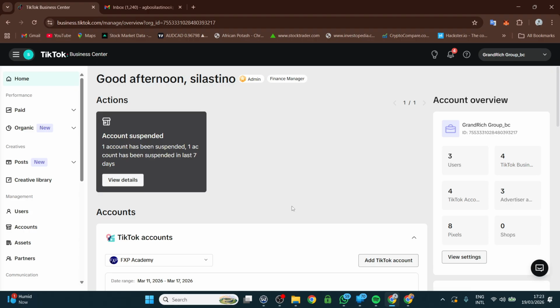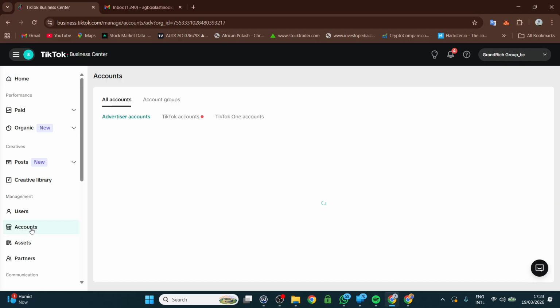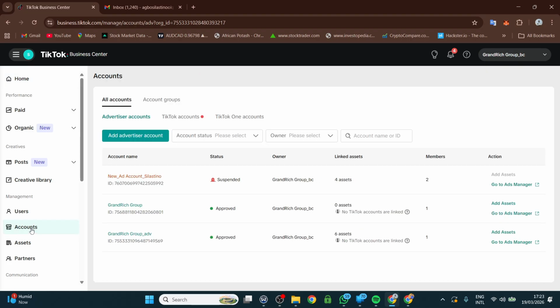So as usual, ads.tiktok.com or business.tiktok.com, and you're going to have an interface similar to this one, right? So once you are on the home page like this, all you have to do is scroll down to where we have accounts, right? So click on account. Once you click on account, the first thing you're going to see is